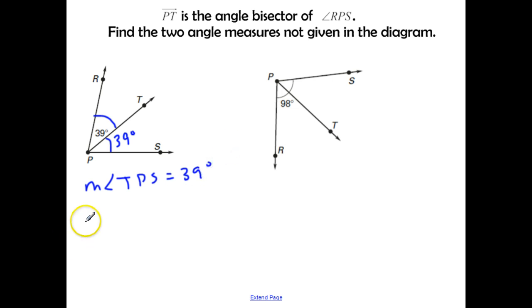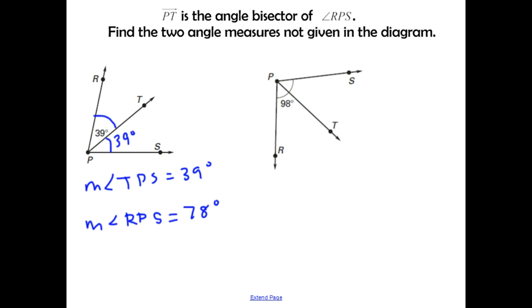Now the last angle I need to find is that big one, the measure of angle RPS. And we're just going to take 39 plus 39, and that's going to give us 78 degrees. Okay. Go ahead and pause, try the second one, pay close attention to the notation, and check back with me